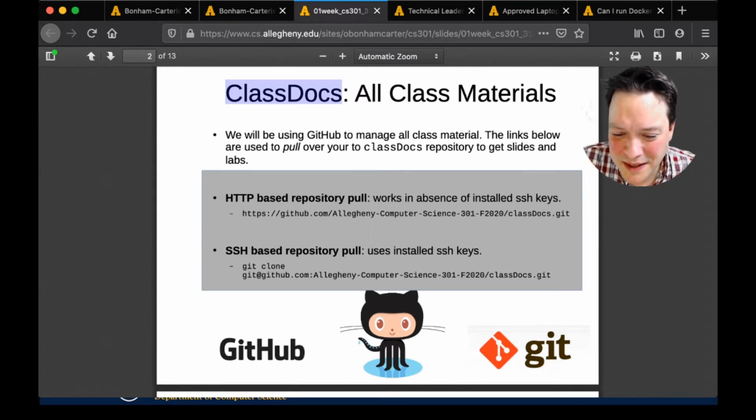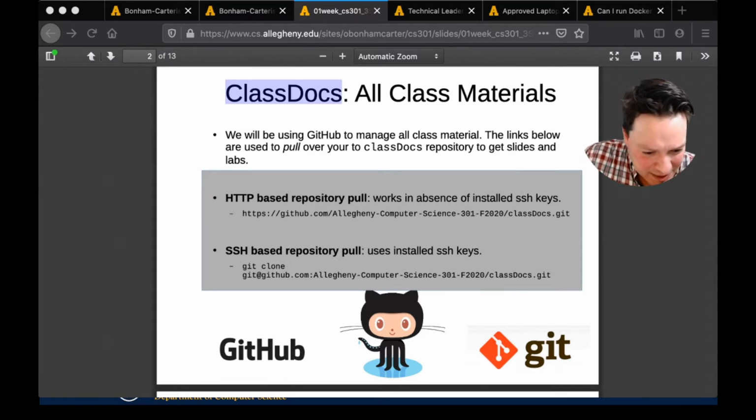So, for instance, I don't know whether I can show you my terminal here. Maybe I can find a way of showing you what Git looks like when you're running it. Sorry, guys. I know this looks kind of silly, but I'm trying to find a way of sharing my screen here.